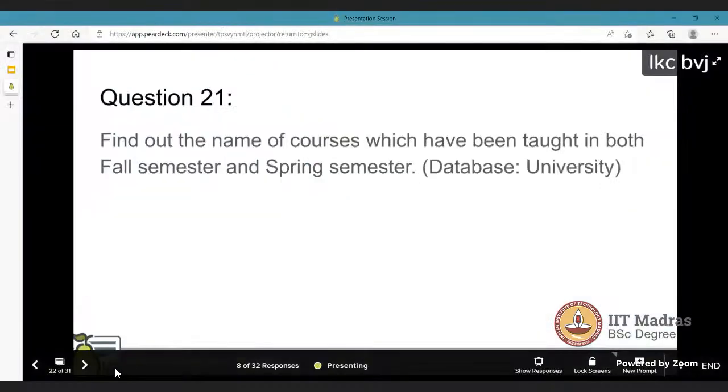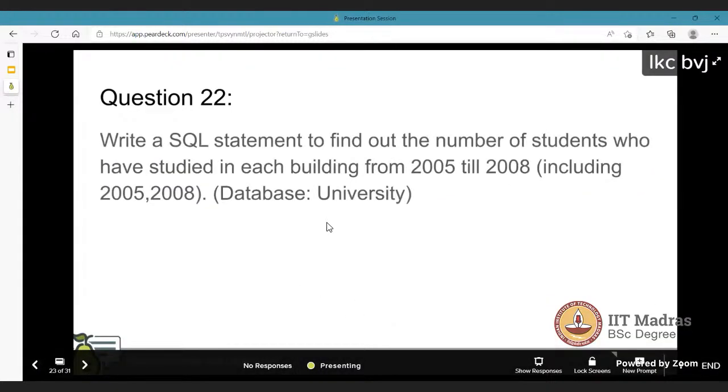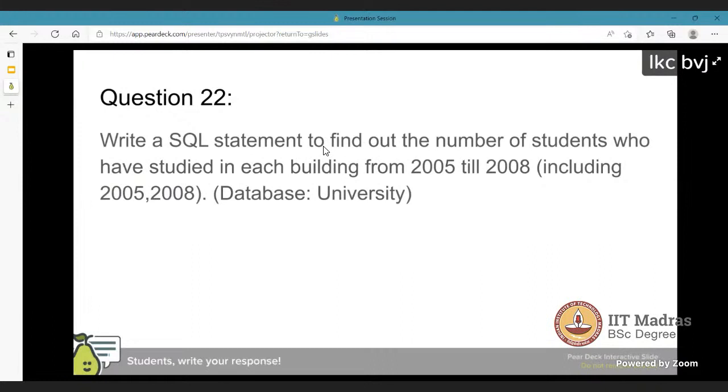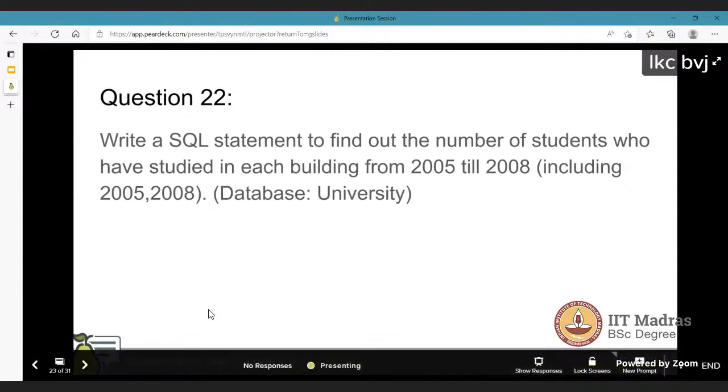Yeah, Anjan. Okay. So question 22 is: write a SQL statement to find out the number of students who have studied in each building from 2005 till 2008, including, so please include 2005 and 2008 also. This question is based on the university data, right? So we will wait for 2-3 minutes. You can write your